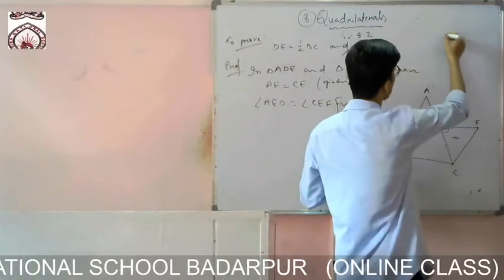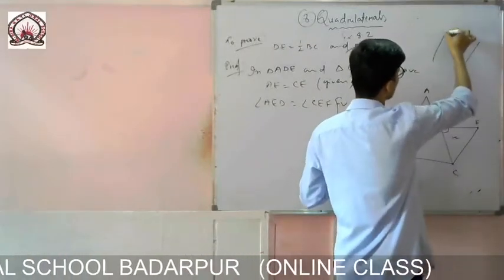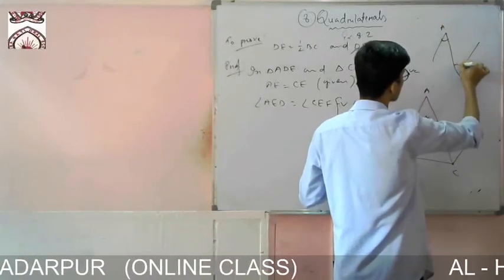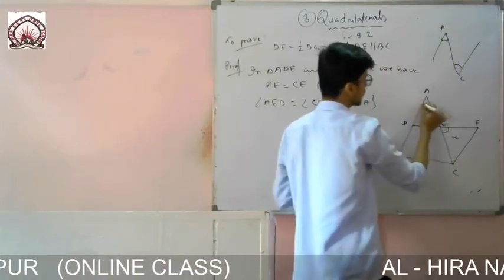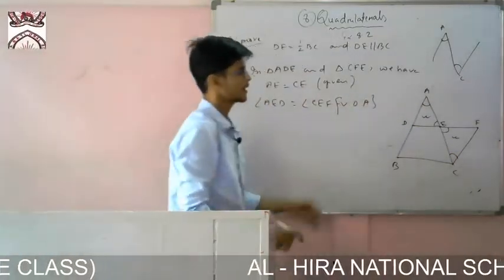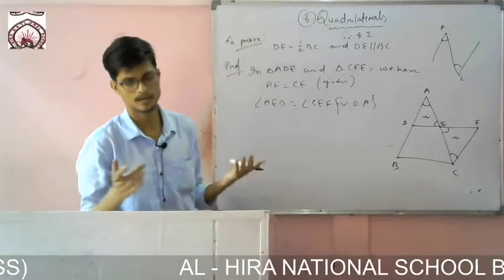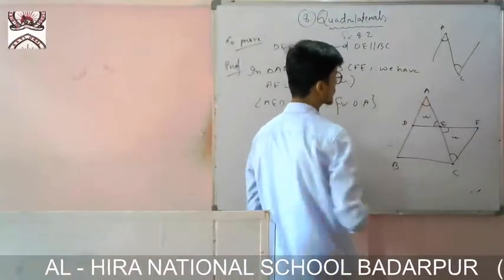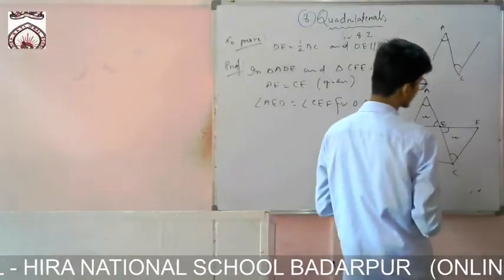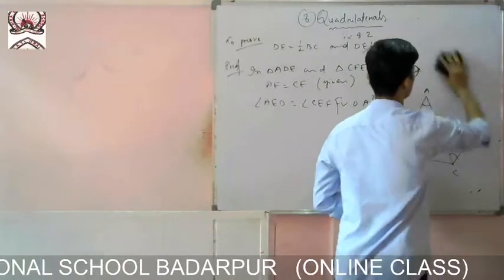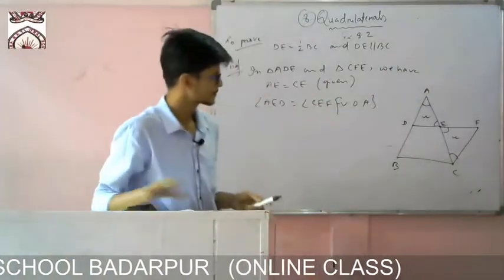If this line is parallel to that one, and if AC is a transversal, then this angle is equal to this one, alternate angle. So here this angle will be equal to that one, and the reason will be AB or AD, you can write it is the same. It is the same line. If I write AD or AB, it is the same. So since AD is parallel to CF and AC is a transversal, you write like this,